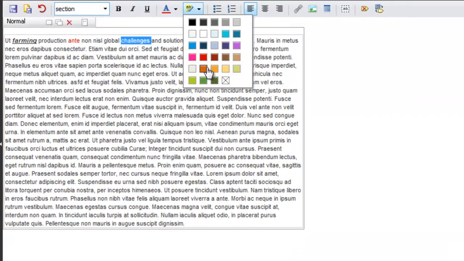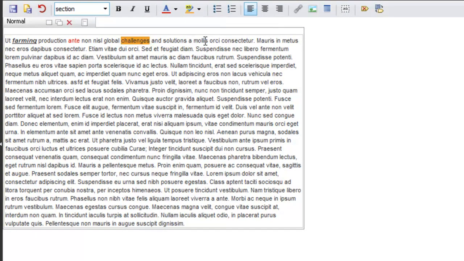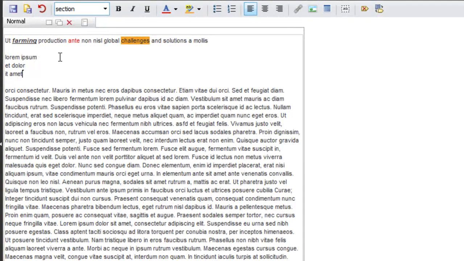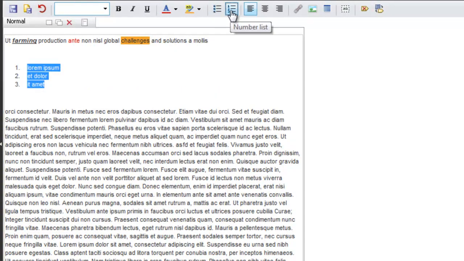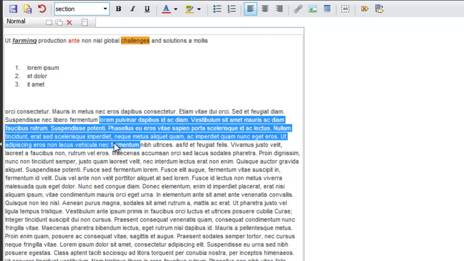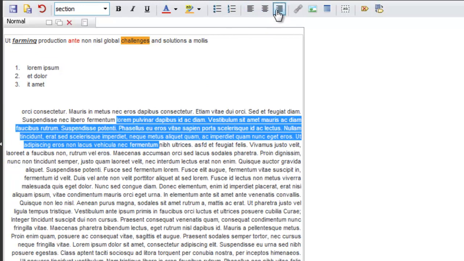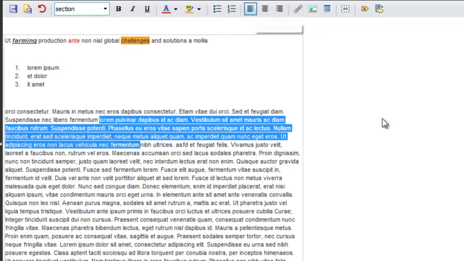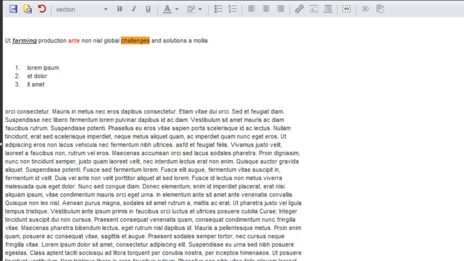I could also highlight my text, or I can make bullet points with or without numbers, and I could justify my text left, center, and right. So that's pretty much your standard arsenal of text editing tools. So far so good, but you'll also need to be able to save your work. So we'll take a look at that now before we continue our overview of page editing options, specifically how you create links and tables.